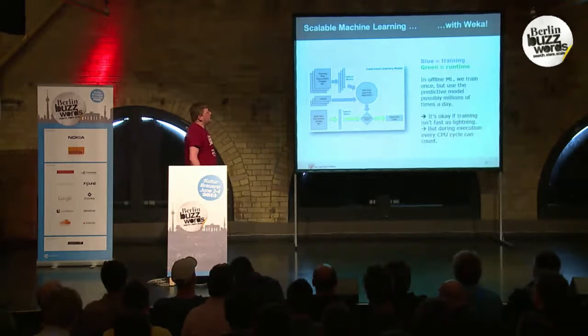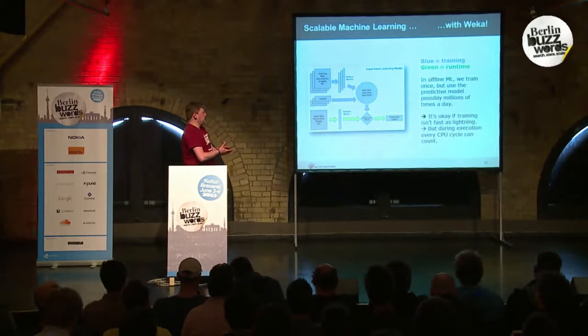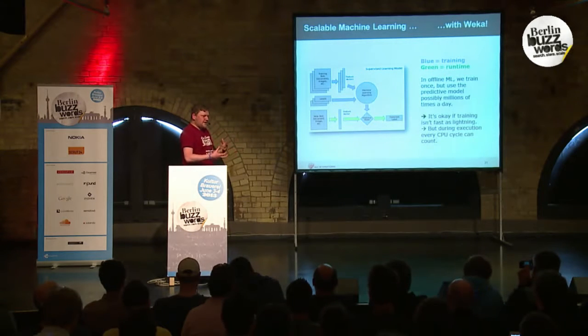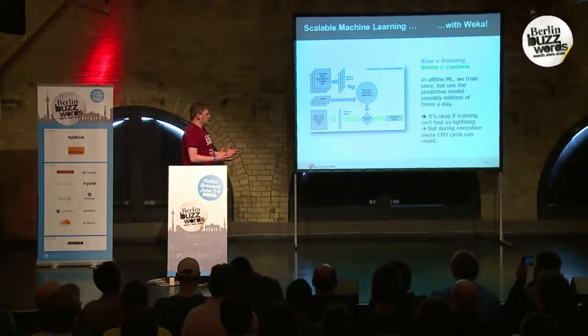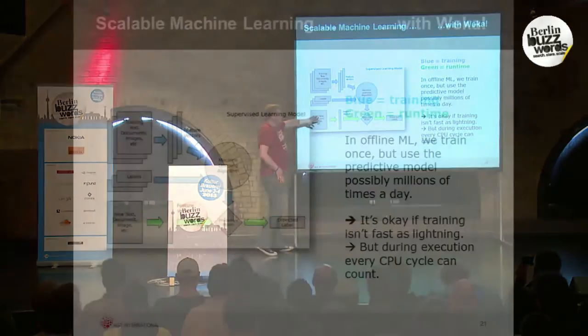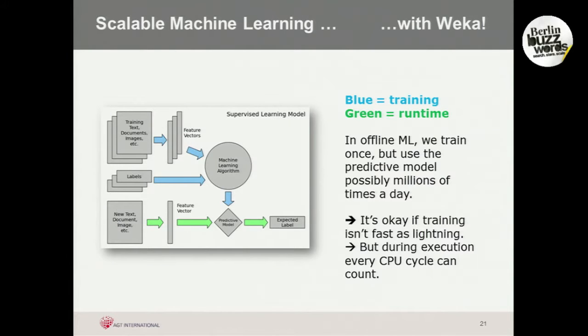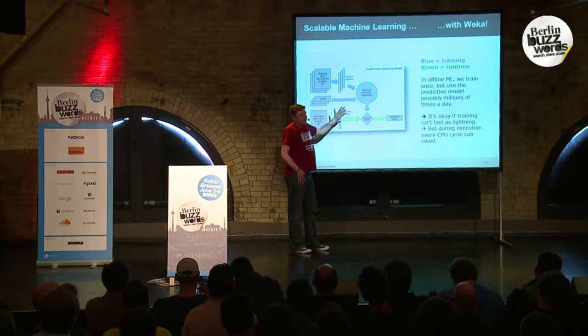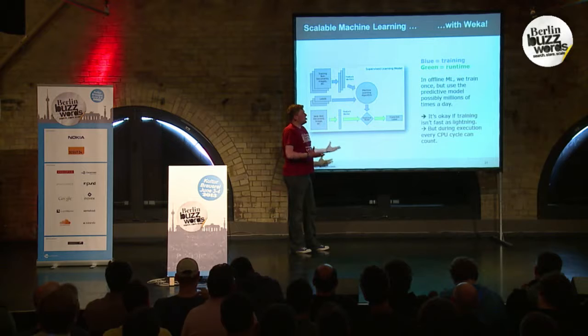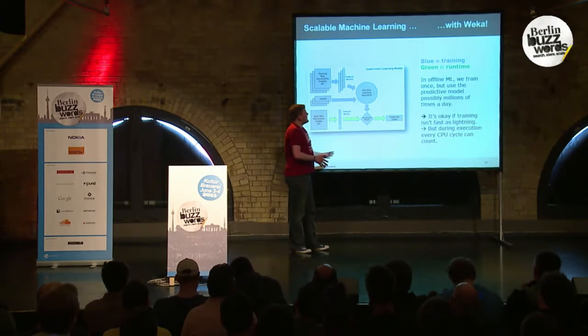Traditional offline machine learning falls basically in 2 phases, right? We have a training phase. This is when we chew through all the data and create a predictive model. That is the blue part here. And then during execution, we have the green part here, that is during runtime, and everything that is done is applying the predictive model. The predictive model can be very simple. And so if we train, we have quite a bit of time available to us, so we can use Weka, although it's not really fast and scalable. But that's okay. We just set some time aside for it. It will create a model, and we just have to run the model